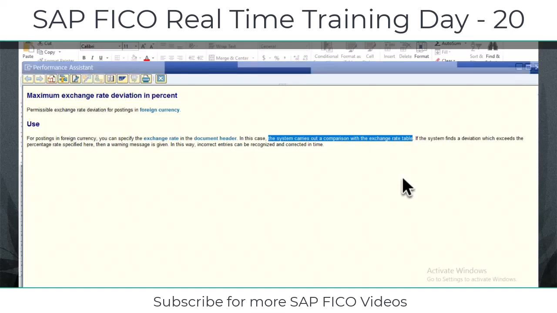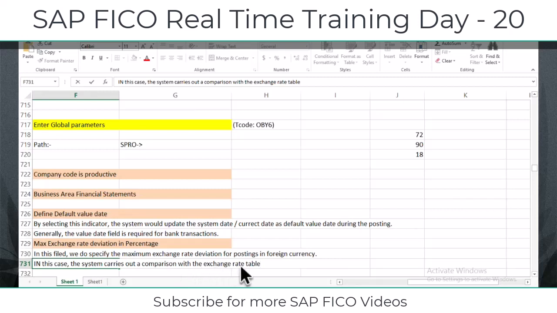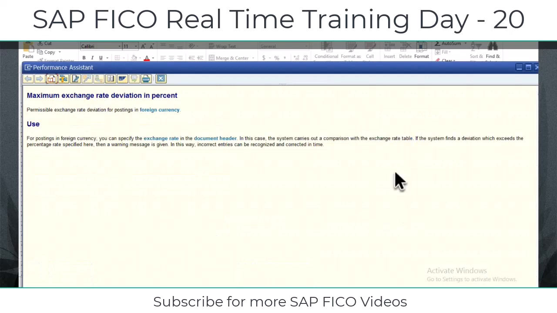What does it mean? In SAP, there is one place where we can maintain the exchange rates for different currencies. That is called the exchange rate or forex table. It will check it. The system compares the exchange rates maintained in the forex table. If the system finds any deviation,